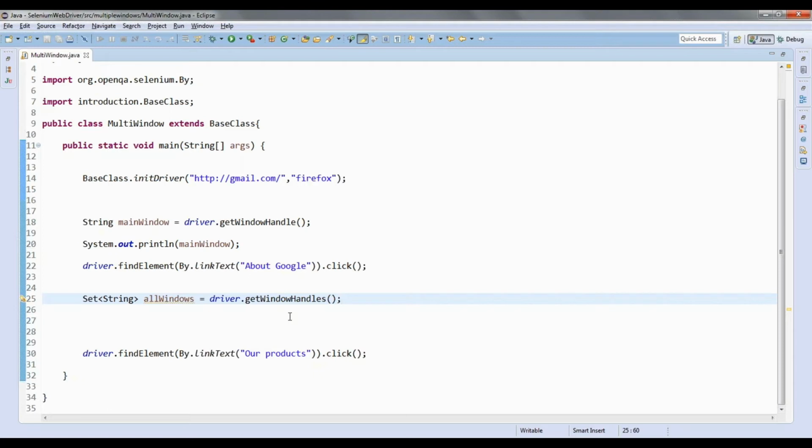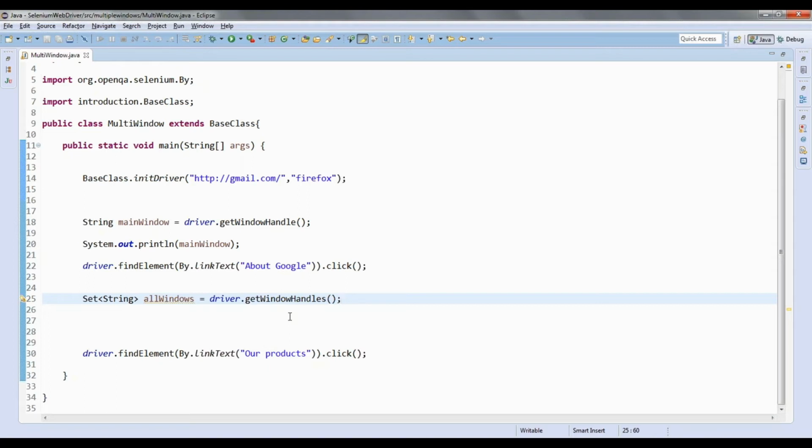What is the difference between a set and the list? List will store web elements, whereas set will store strings. List will store web elements, it can also store integers. There is no restriction on that.